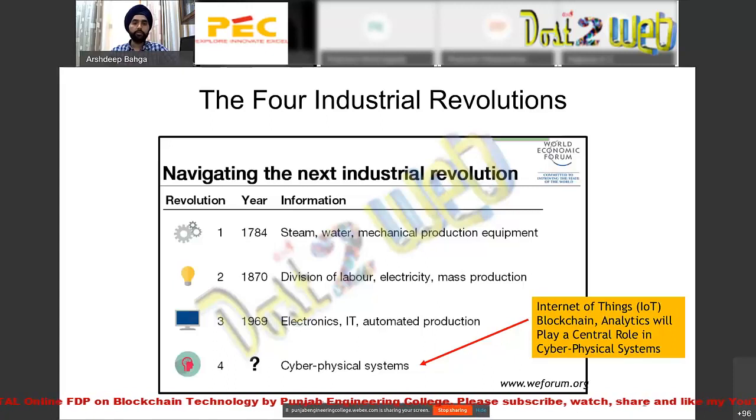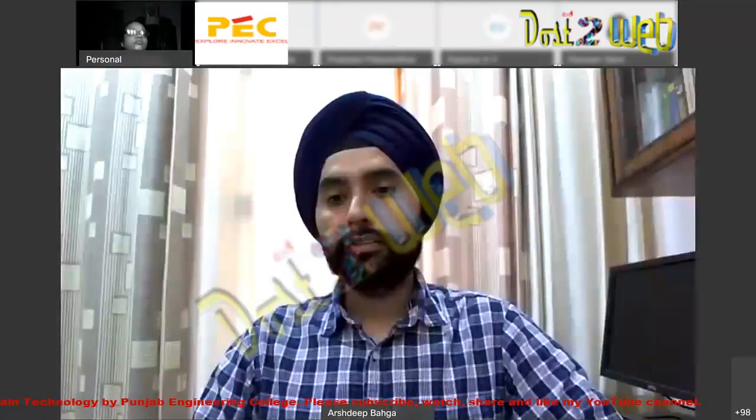The third industrial revolution saw advancements in electronics, information technology, and automated production. The fourth industrial revolution